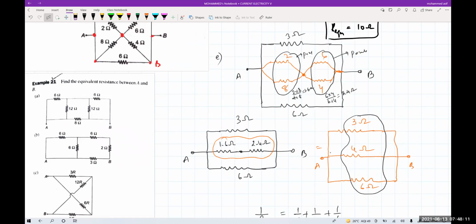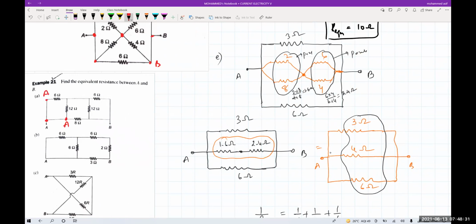I need the effective resistance between A and B. So what I'll do first, I'll give the namings for the circuit. So this is your A, and this wire is also connected to A. From here to here it is one wire, isn't it? Then from here to here this is also the same wire, so this is also your A.